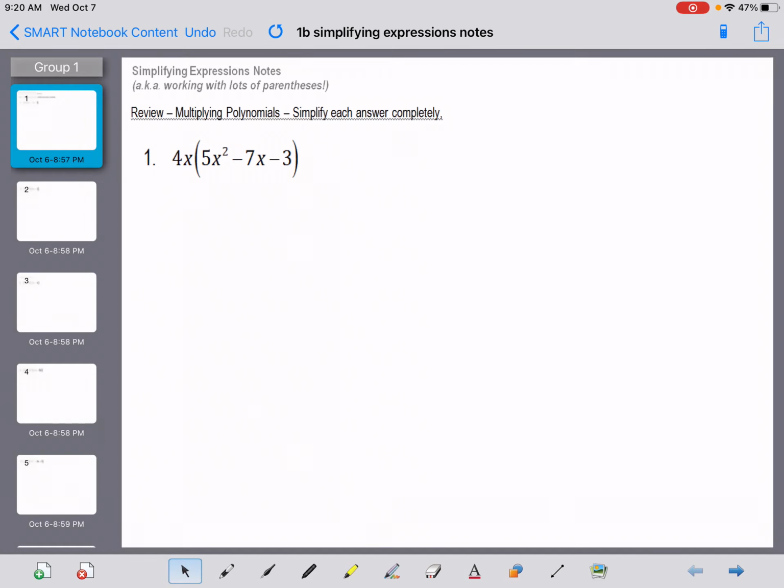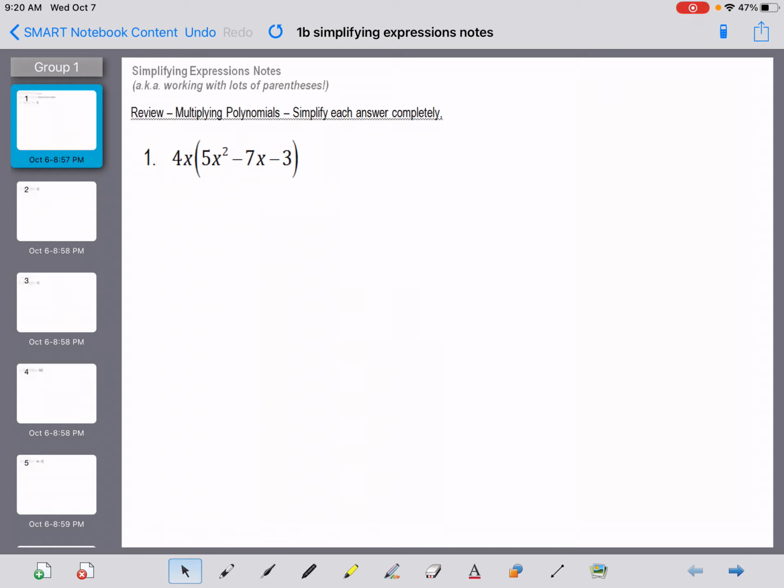Today we're going to look at a review of multiplying polynomials, and then we want to make sure to simplify each answer completely. So if you look at this first one here, we've got something on the outside of the parentheses, which is going to be multiplied by everything inside the parentheses. It's called the distributive property, and the way that it works here is